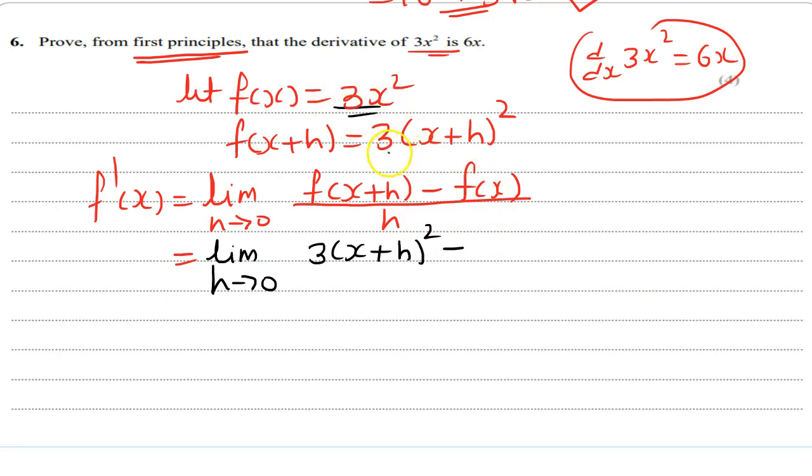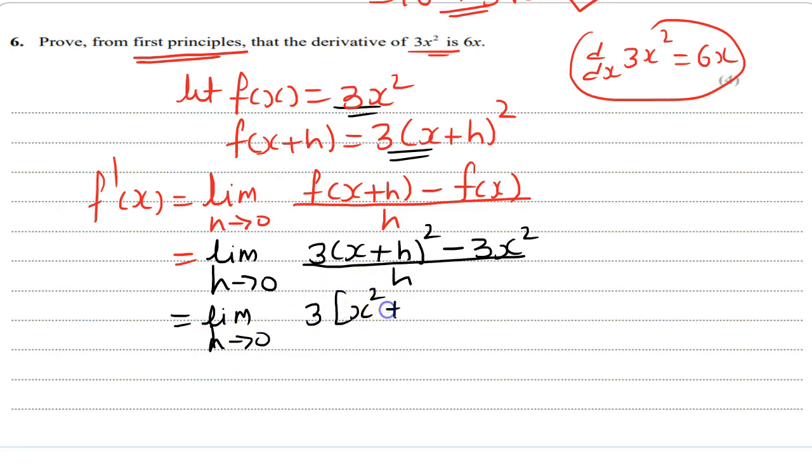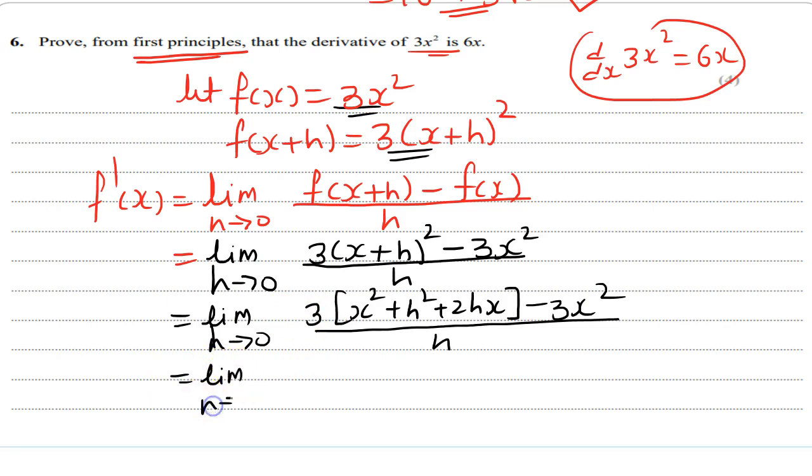f(x) is this one, f(x+h) is this one, so it will be minus 3x² divided by h. So let's expand it. The limit as h tends to 0 of 3 times (x² + h² + 2hx) minus 3x², over h. If you multiply by 3 inside, it will be the limit as h tends to 0 of (3x² + 3h² + 6hx − 3x²)